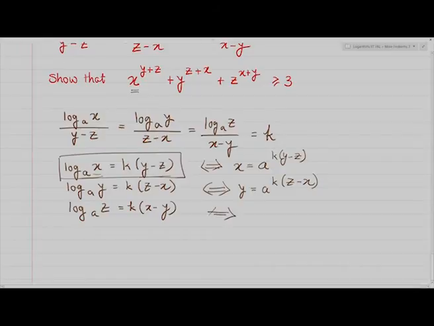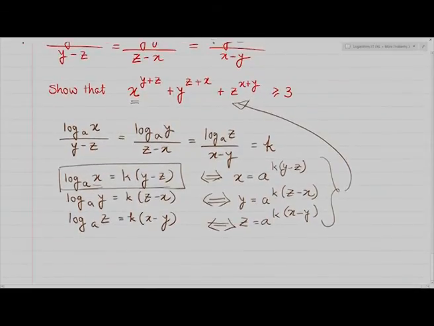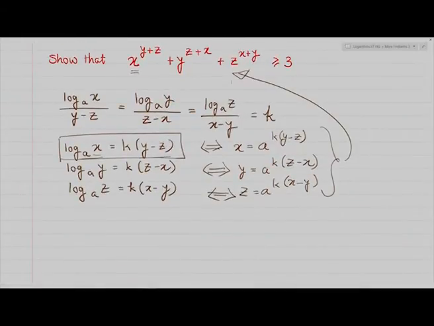Similarly, z is equal to a raised to k times x minus y. Now I will feed all these equations, all these expressions, into this expression. What do I get? I am using the log and exponential equivalence relation, and let me feed it here. So I have a raised to